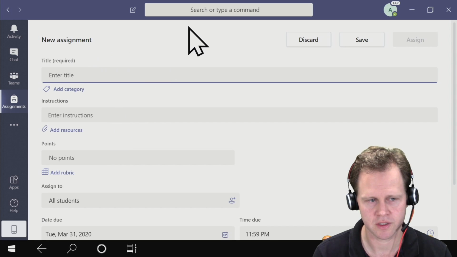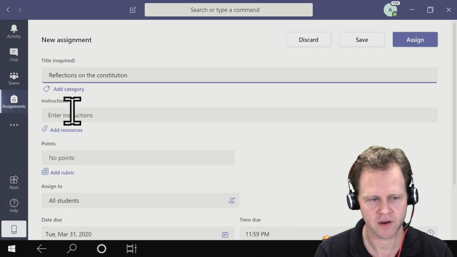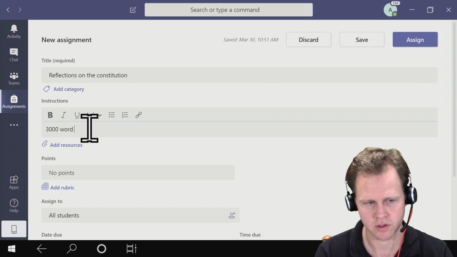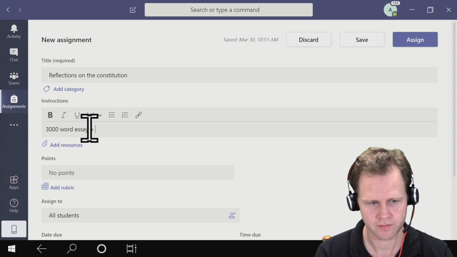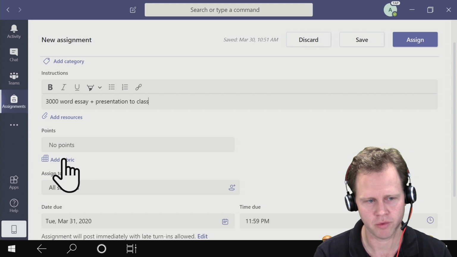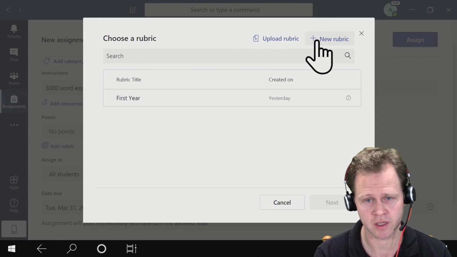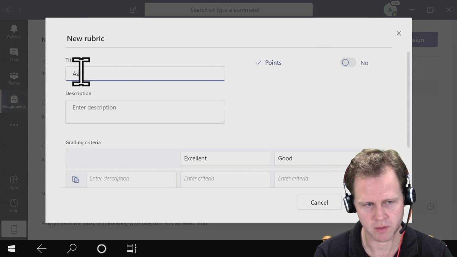And the assignment is reflections on the Constitution. We can add our instructions for the assessment here, 3,000 word essay plus presentation to class. We're going to add a rubric for this one, so we can add in a rubric here, which you may already have this, which is great. If you haven't created one already, it's reasonably straightforward. Just go new rubric. So with the assignment 1 rubric,